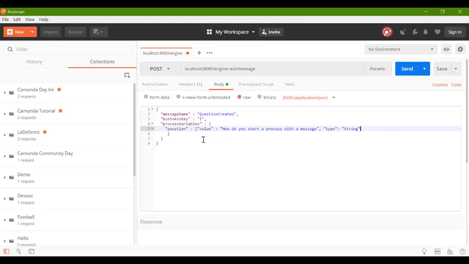So here we are. This will send a message into the engine that will then start a process. Now the important thing to know, which is kind of cool, is we actually don't need to know anything about the process we're starting at all. We just need to know this message that we're sending in. The engine itself will make sure it tries to correlate this. So if I send this in,